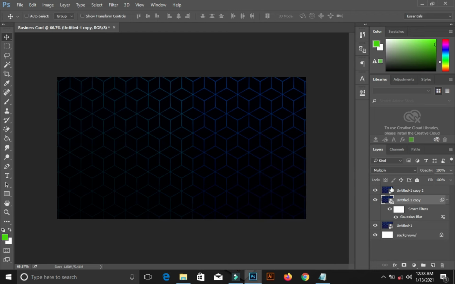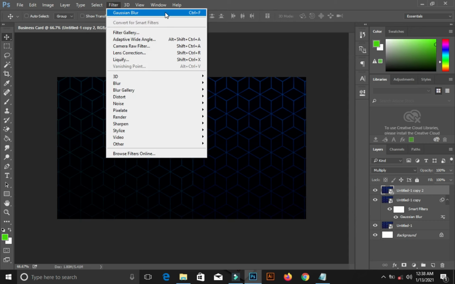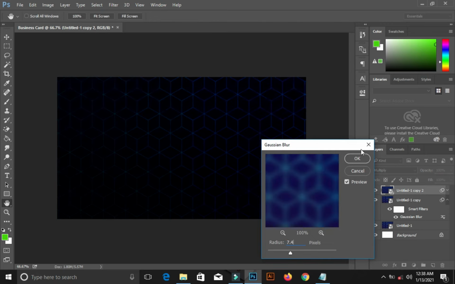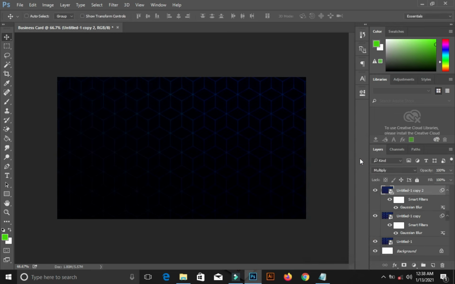Click OK. On this other one, I do the same thing. Select the layer, go to filter on the menu, select Gaussian blur, set it to 7.4 at least. After doing that, I think we are good to go.